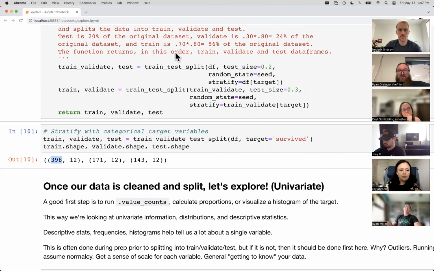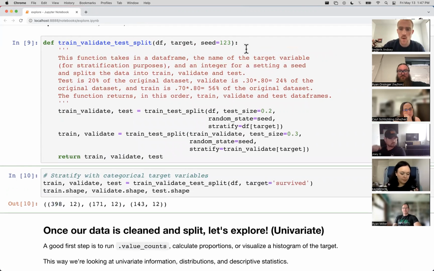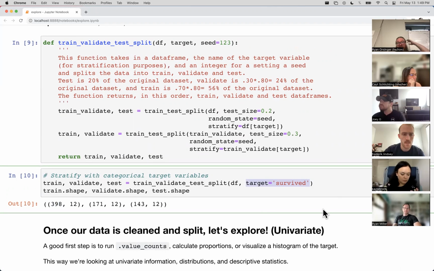And yeah, I've got a question from Fred. Go ahead, Fred. Hey, Ryan, I see under the train validate test split that it stratifies along, specifies the target variable. Do we manually input what the target variable is? Sure, I'm saying that right here in the argument. So this train validate test split is not baked in concrete to Titanic. That's why I say, hey, grab this, copy it, save it in a util.py file, use this later, because you want to stratify any categorical target variable, stratified by that target variable.